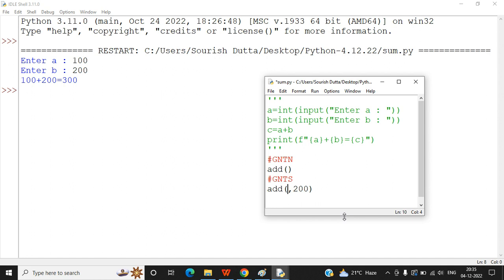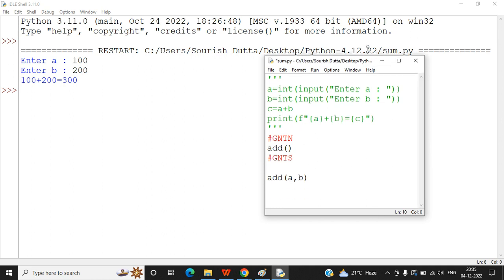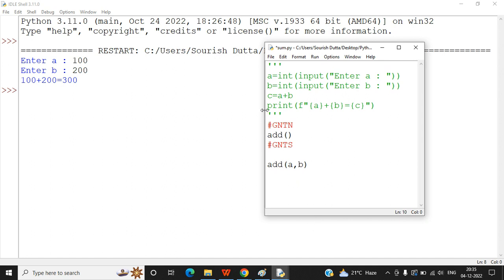Or rather that value a and b will be good. So in the give nothing, take something format, you have to call the function in that way. But where is your a and b? So you have to take the a and b. You have to take the input of a and b here now. So to take input a and b,